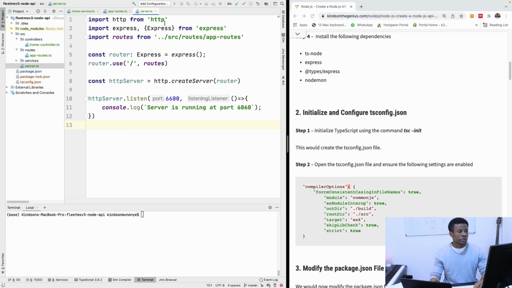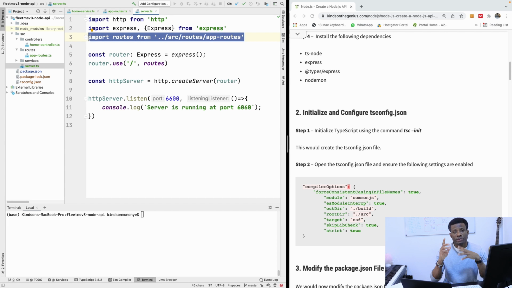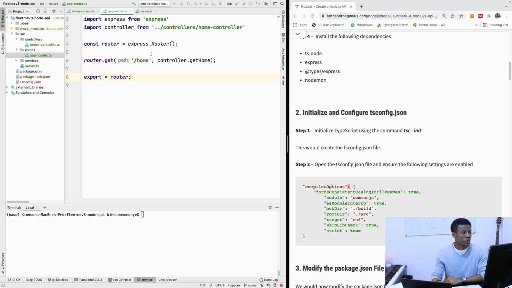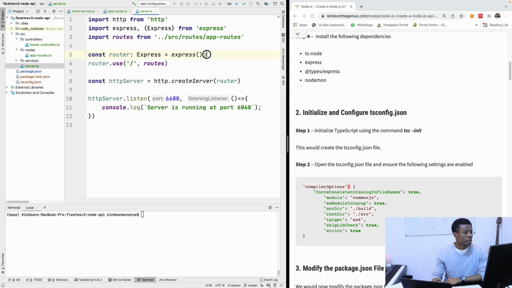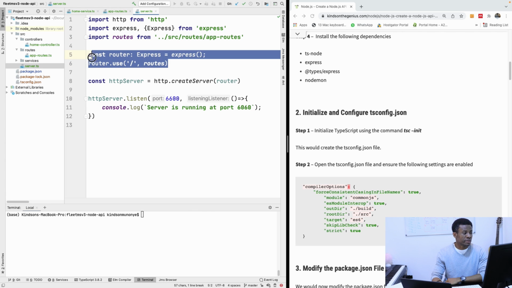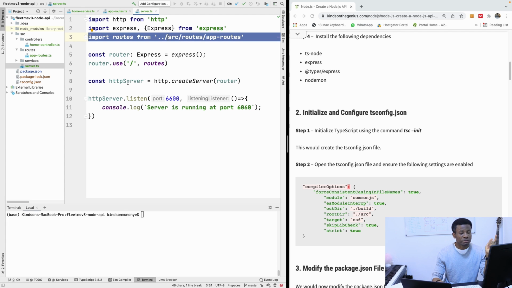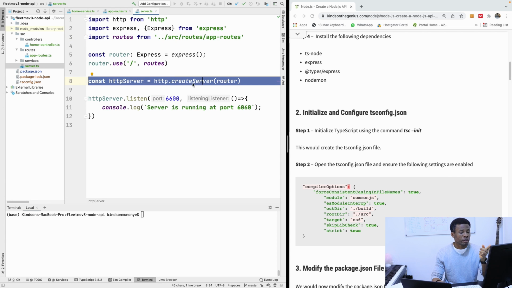So what's happening here is we need to import the HTTP module. We also import Express from Express, and we need to import routes. Routes is where the URL paths are defined, which is app route, in this file here. So I define one route here. And I'm also going to create a router and then tell the router to use the routes defined in the routes file, which I imported here. And I'm going to create a server object using HTTP createServer, which is this command here. And then the next thing I'm going to tell the server is to listen for requests coming on port